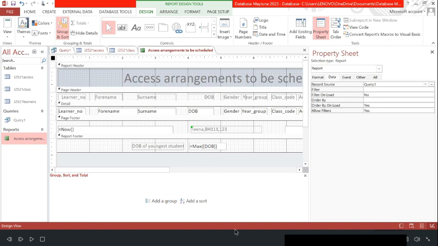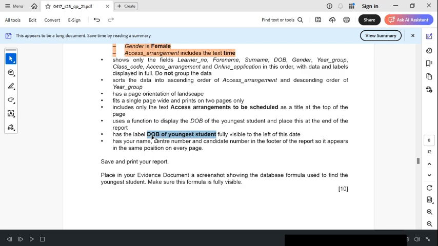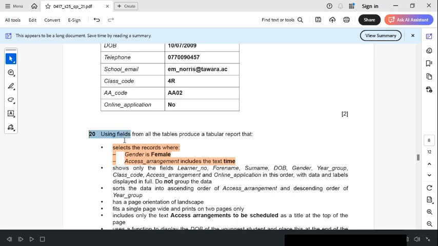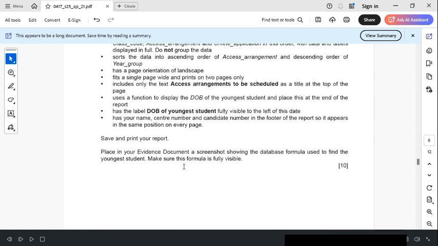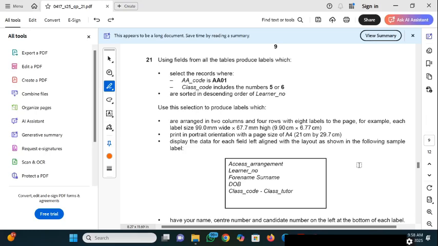Okay, we'll save this. So by this we finished our 20. Now come to the next. 21. Using fields from all the tables, produce the label which selects a record where A code is A01, class